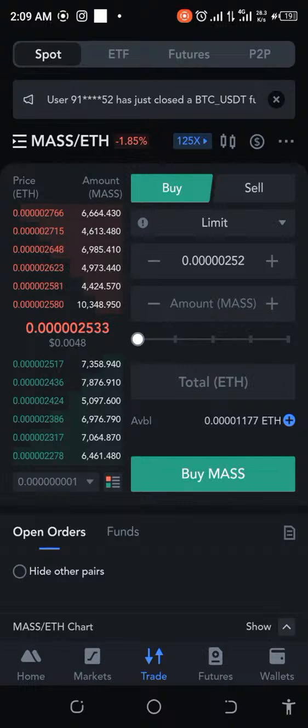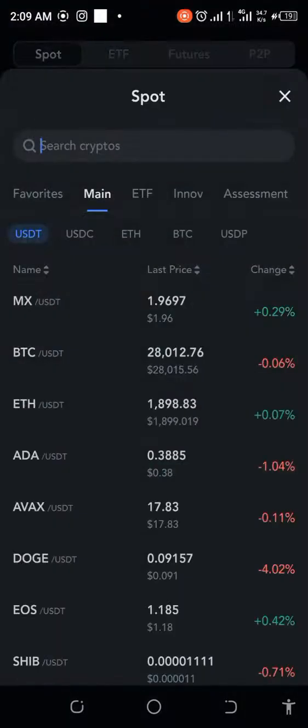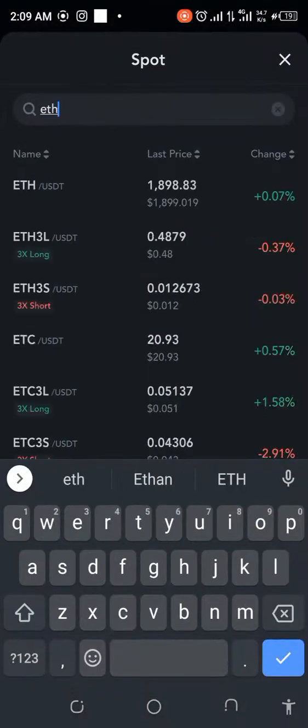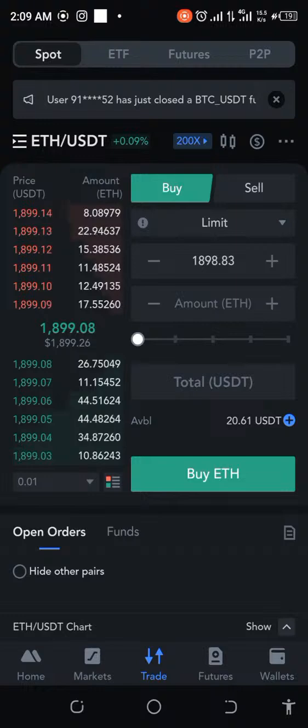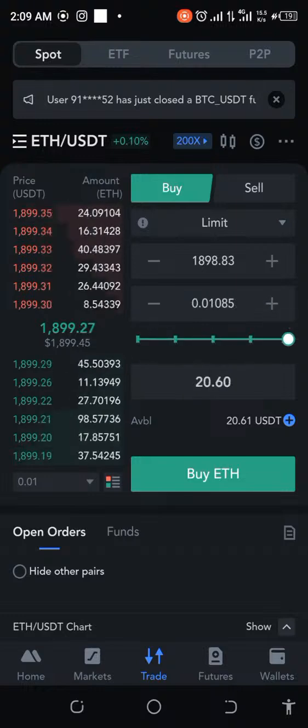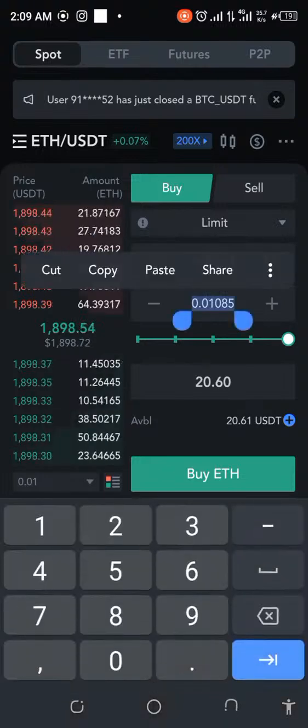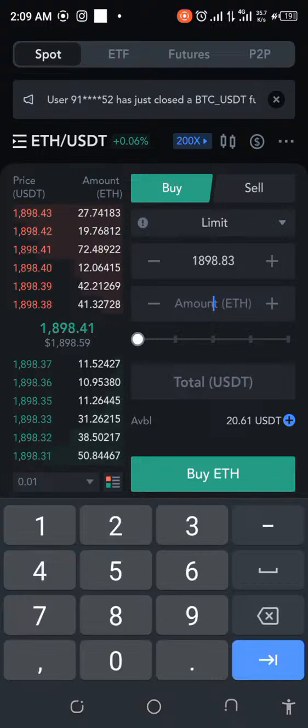So to do the simulations, what we need to do is to first of all try and get ETH, or ETH for short. So let's go ahead and try this out. Let's go ahead to ETH, and then we'll try to pick up what we have here, like $20.61. So I'm just gonna pick that all up, and then I'm just gonna copy. Oh, it didn't even pick everything up, it just picked up 20.60. That's fine. So let's just copy that, and then let's copy that or cut it, whichever one you want, and